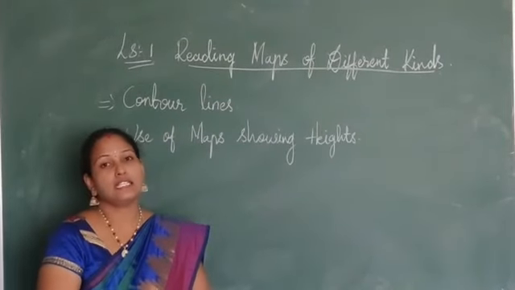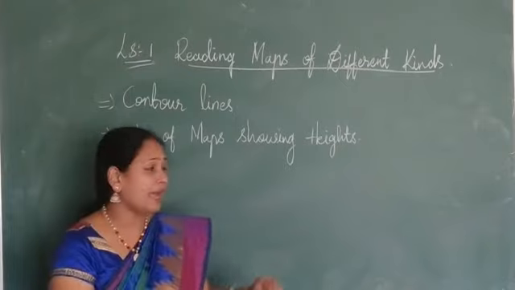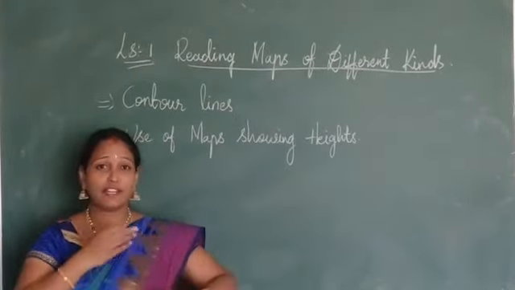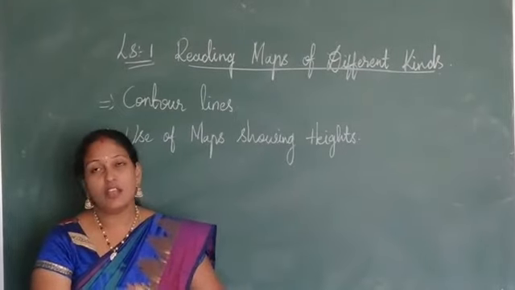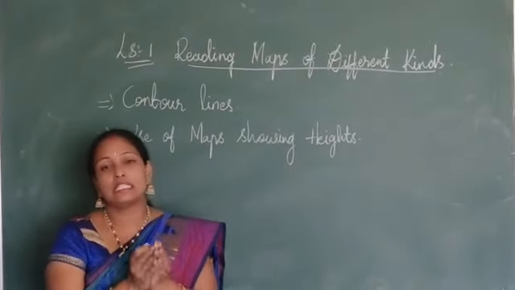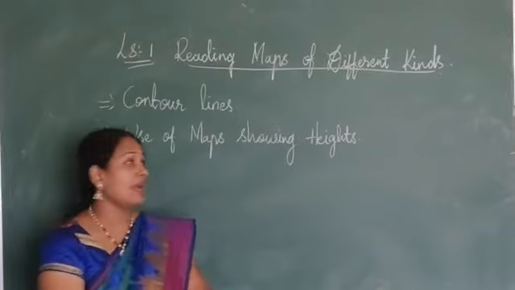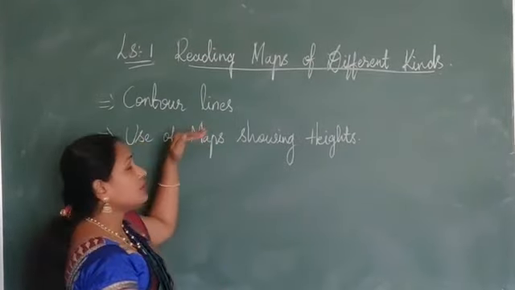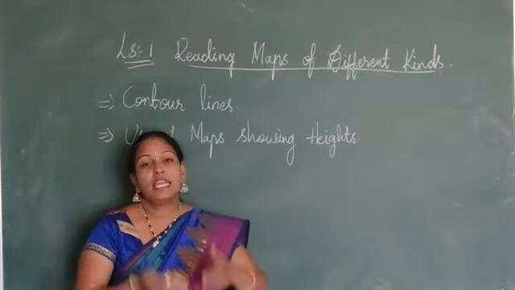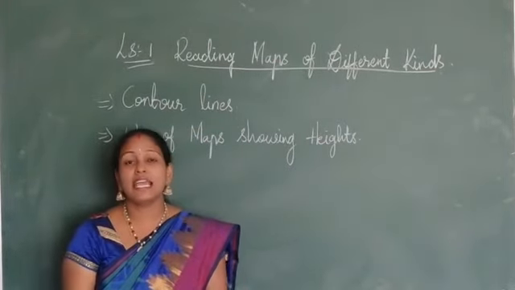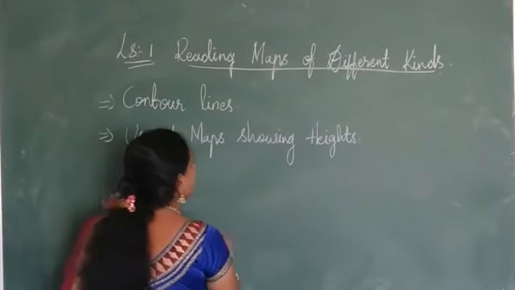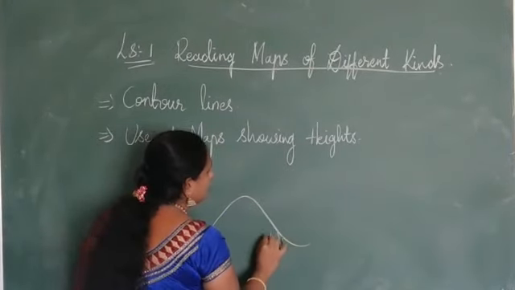If you see this map or any location on the map, you will not find only the plateau region or the plain region. You can find different regions, right, children? So the line which joins equal heights on the map is called a contour line. Got it, children? This contour line will be of different shapes. It may be in square shape, it may be in rectangle, it may be in oval. Got it? For example, we'll take a mountain and a small village.